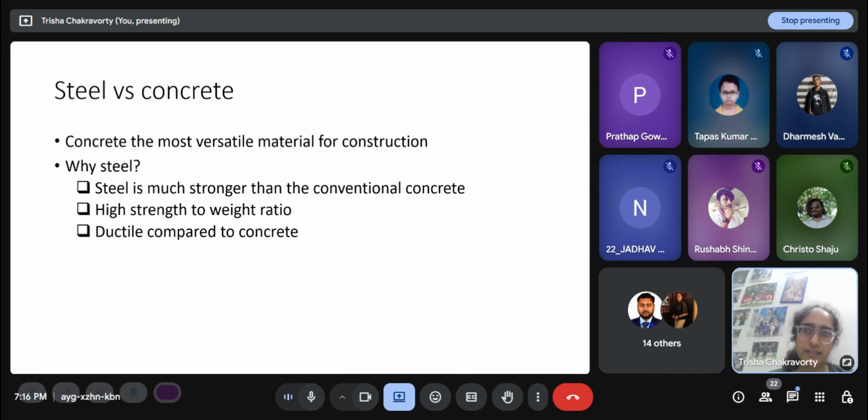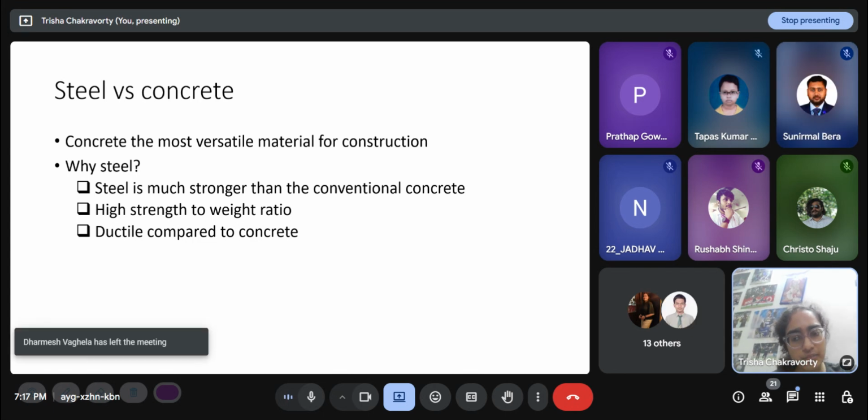But physically, what it means is that if a material is ductile, even after it yields, every material has a yield stress. Suppose the yield stress of my particular steel is 250 MPa. Once my member has reached 250 MPa due to loading, it yields, but it does not straight away break. It will undergo a lot of deformation, and maybe the strength won't increase much, from 250 it will probably not increase much more than 400, but it will allow a large deformation before it breaks.